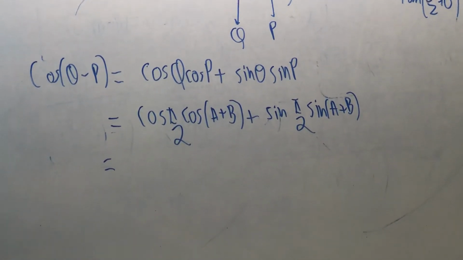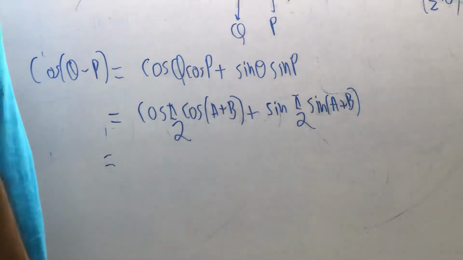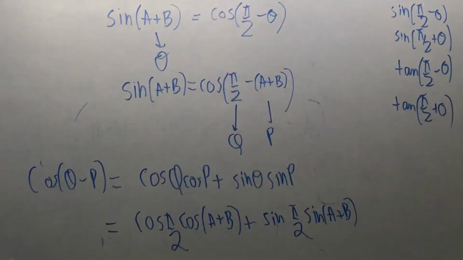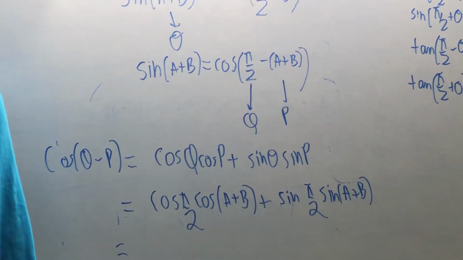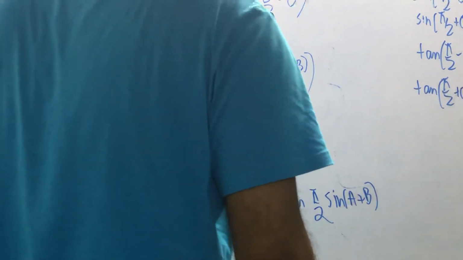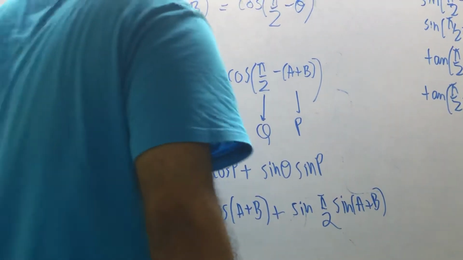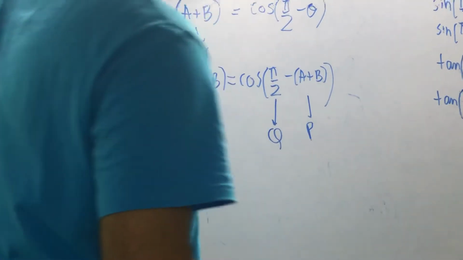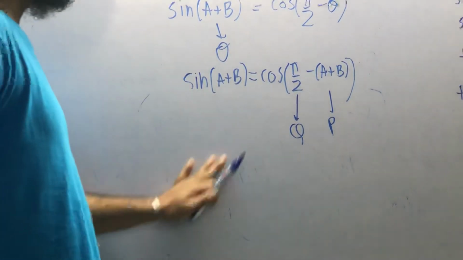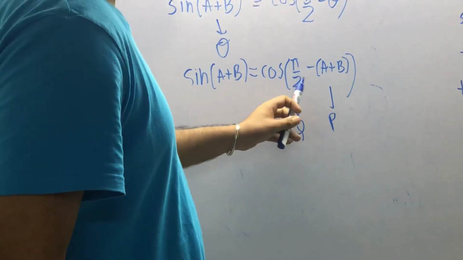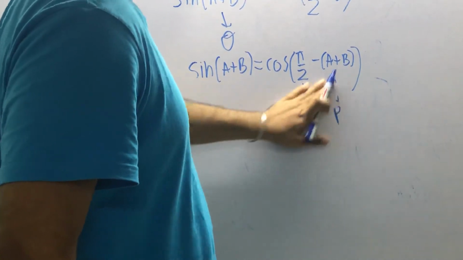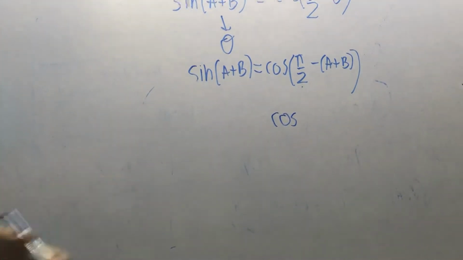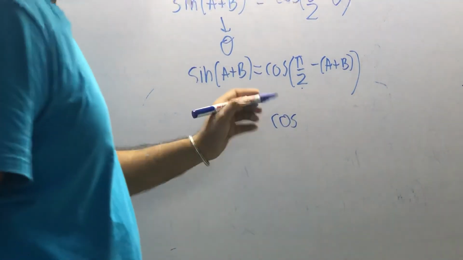Sorry, what I was telling you was wrong. So what we can do here is, basically you can see pi by 2 minus a plus b, you can write like this. The way I was doing the previous way was going to take very long. So a shortcut came to my mind, so I am doing that.